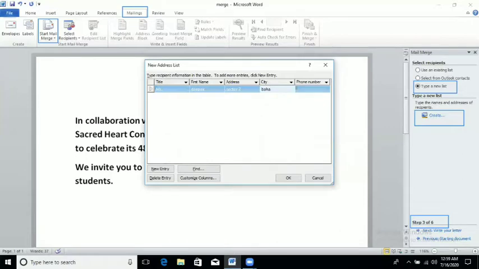So according to our requirement, we can maintain our database. Then click on New Entry. In the next row, we can fill the record.